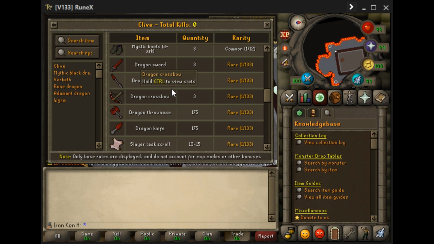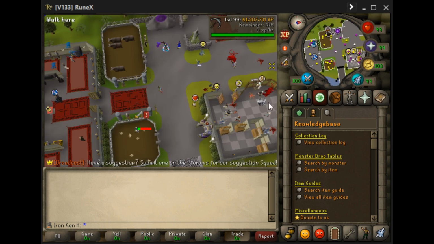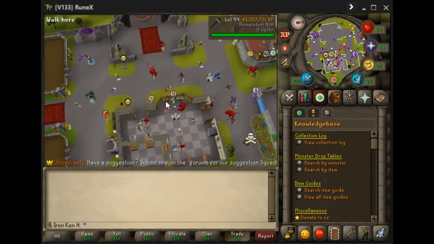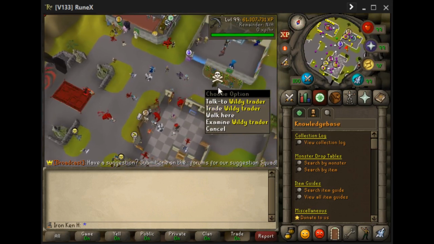We want to go back to home next because pet accessories no longer work in the wilderness, which, honestly, fair. They are ridiculously strong. However, if we go to the Blood Money shop with the Wildy Trader,